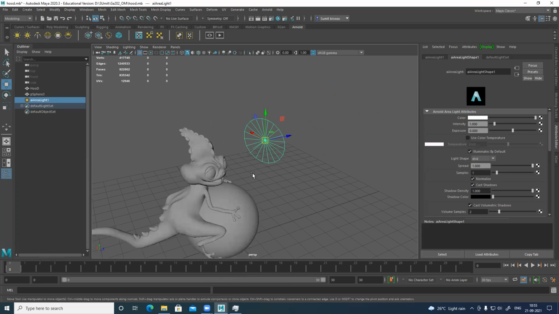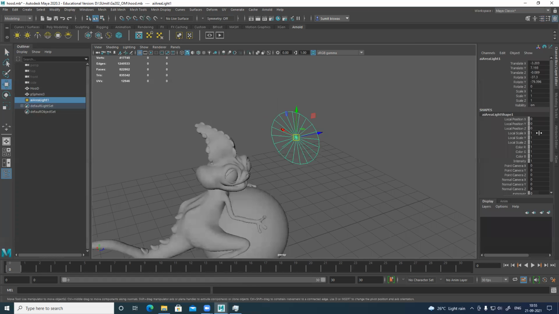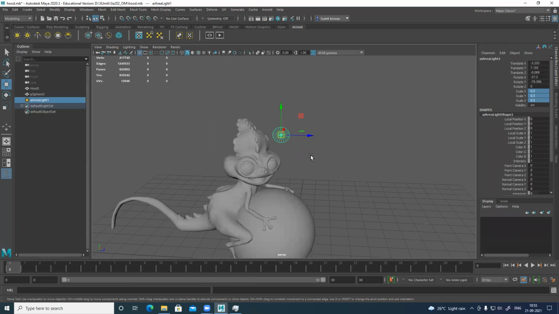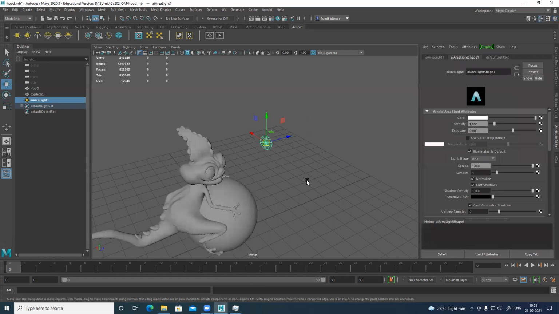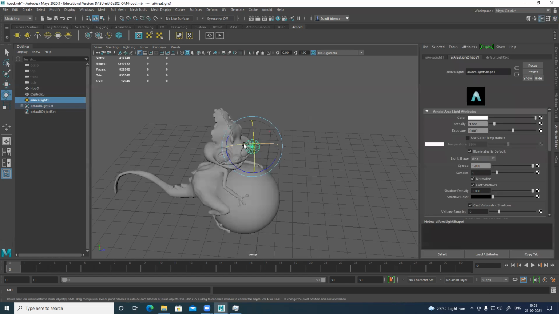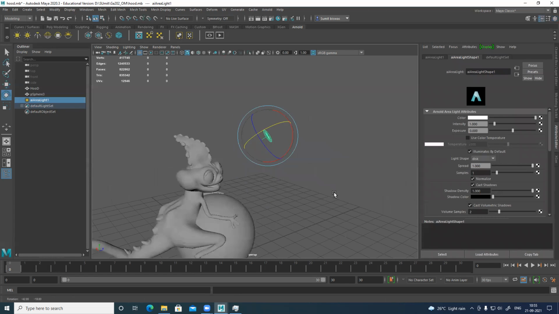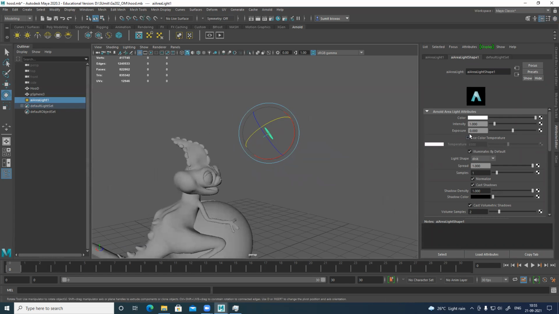So I can resize this, 0.3 small. So the smaller the area light, the sharper the light; the bigger the area light, the softer the light. Let's change the direction slightly. Yeah, that's working. And intensity and all this I can increase. So intensity, let's make it 100. Exposure maybe 10.